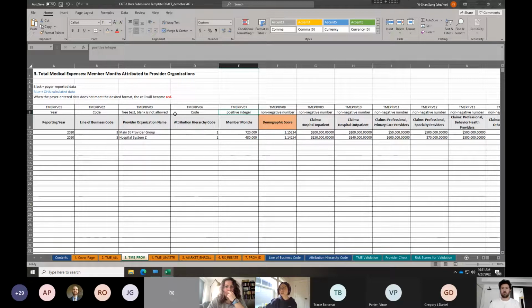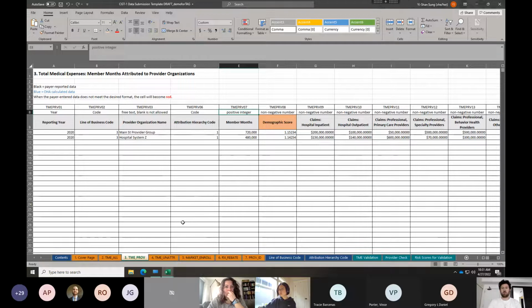So we think the last name and first name are not really helpful. In addition, that's just kind of confusing. So we decided to delete these 2 columns for this year's data submission. That's for the provider organization and this TME Prov tab. Does anyone have any questions for that?